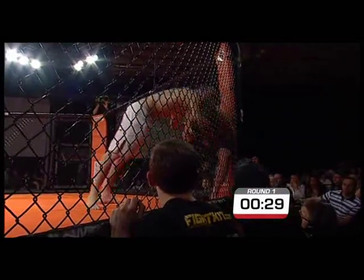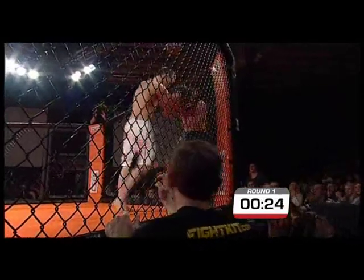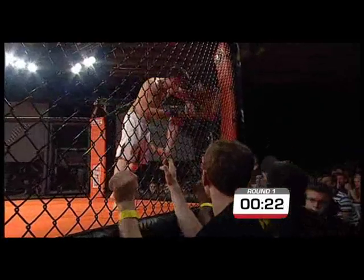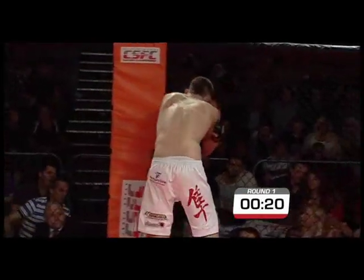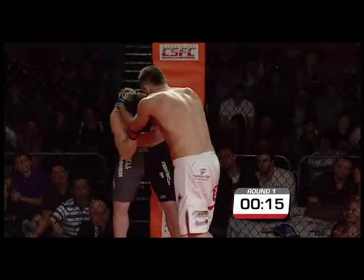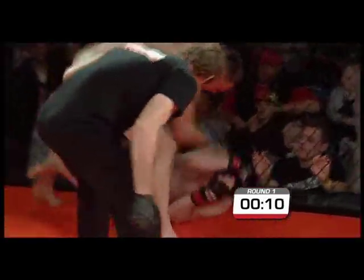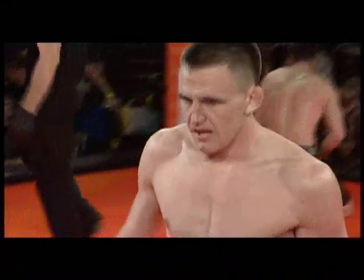That crumples Earnshaw. That one's got to take the wind out of the sails. And Askham's almost teeing off at will here. Earnshaw's got to move and get out of this position here. It's massively favouring Scott Askham striking and his knees. Oh, another nice knee gets through, and the left knee gets through, and it looks like Askham's going to finish from here. Dangerous striking, ref steps in. Great performance from Scott Askham. Very explosive striking there from Scott Askham from the outset there, and just too much for Matthew Earnshaw there. Yep, I think